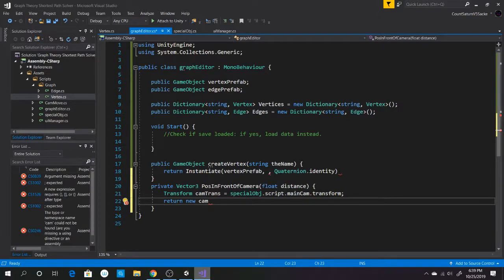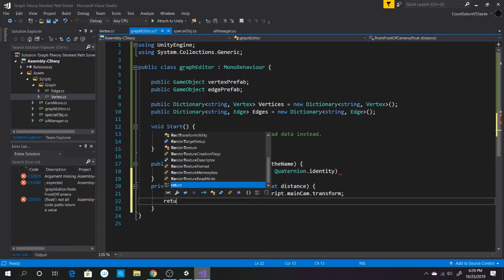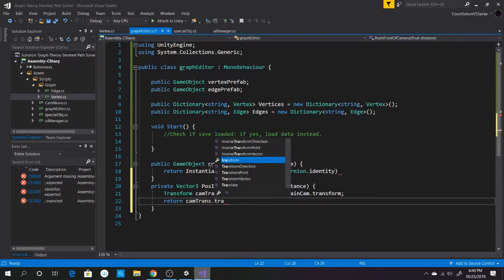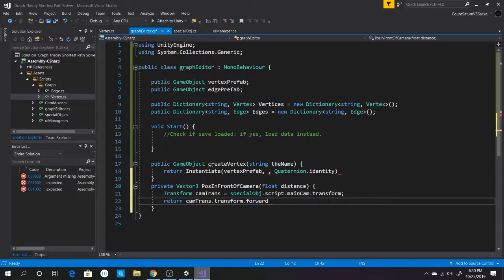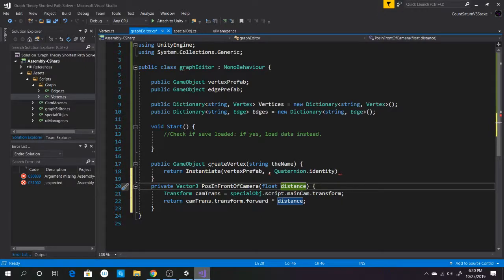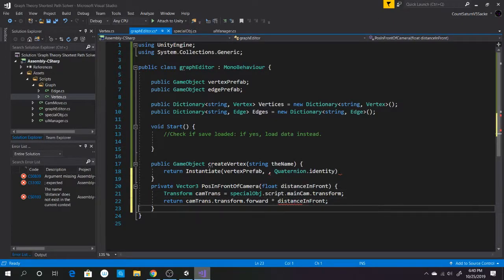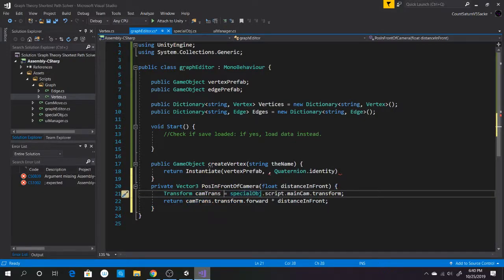This one will return camtrans.transform.forward, and we multiply this by the distance in front, so that way we can figure out. Actually, what am I doing? I probably just do it like this. Transform forward, and with that,